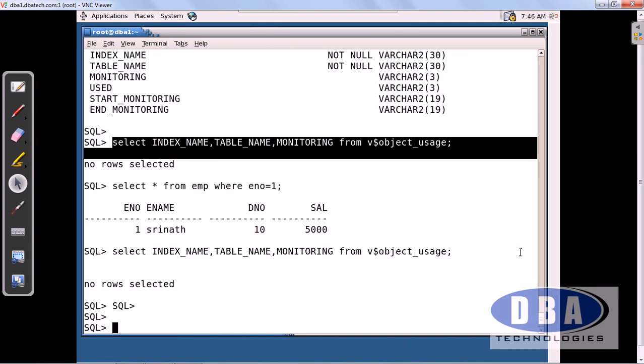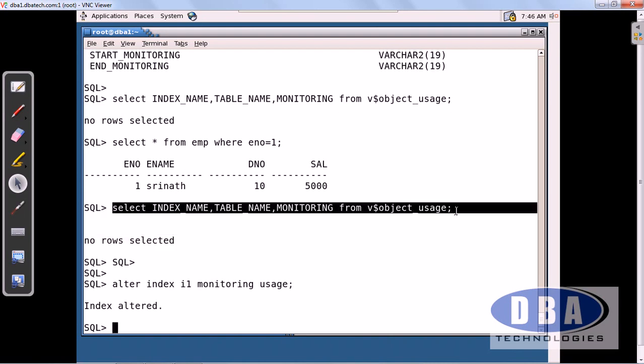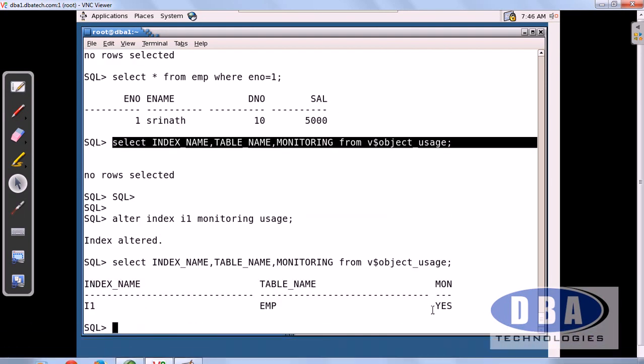So we will see how to monitor the index usage. Okay, first of all we should start: alter index name monitoring usage. When I give this command and start, it shows that monitoring was started.